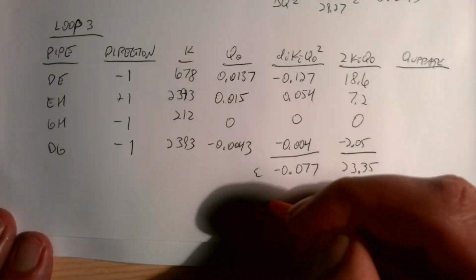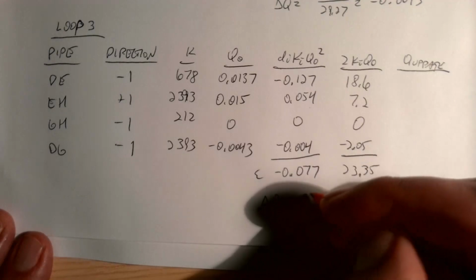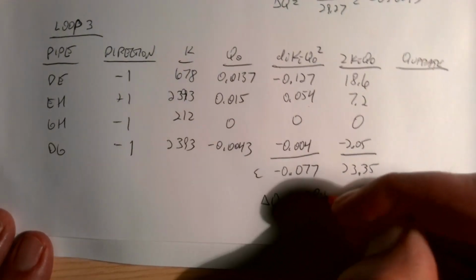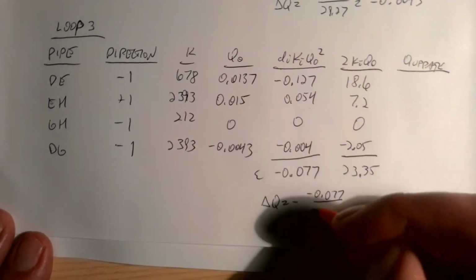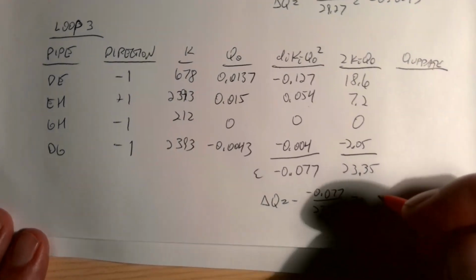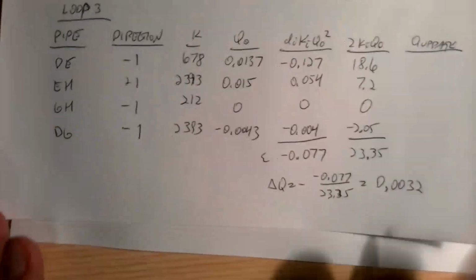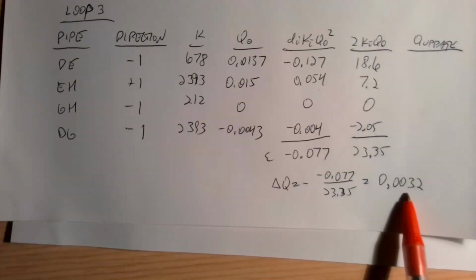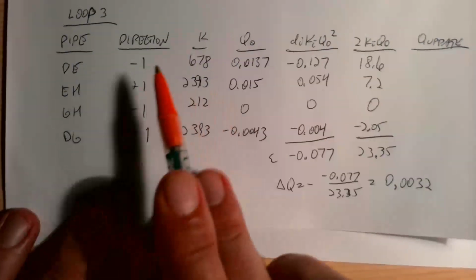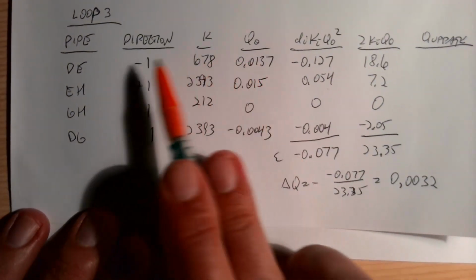And so my delta Q here is negative 0.077 divided by 23.35, which gives me a positive 0.0032, negative. And so then we have to remember to take into account our direction. So it's this minus